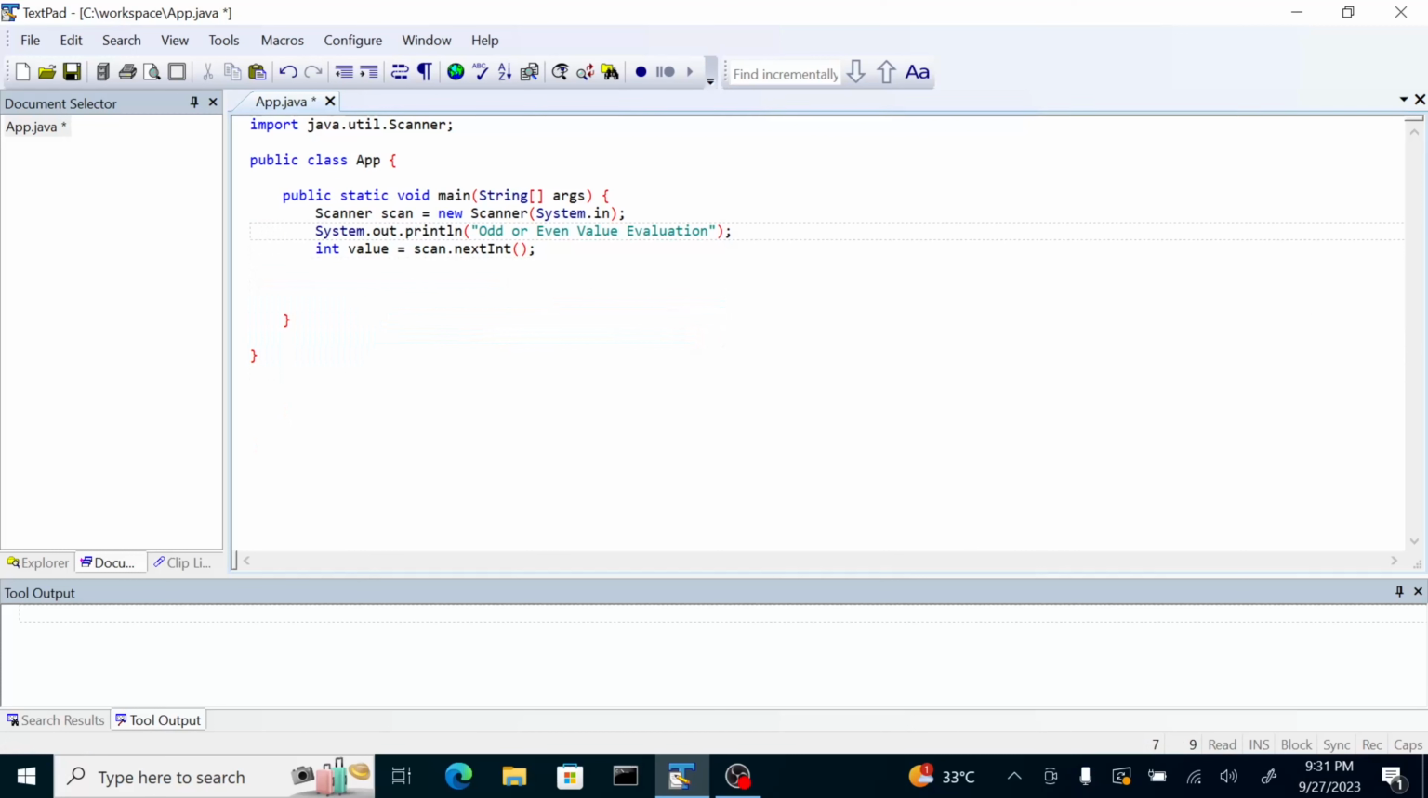a string. So System.out.println, say "kind of thing." Okay, so let's input thing equals scan.next,